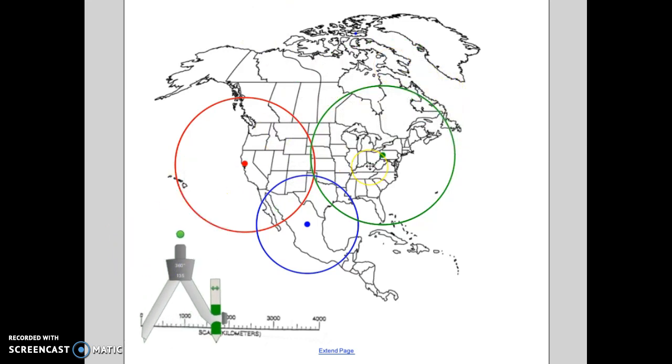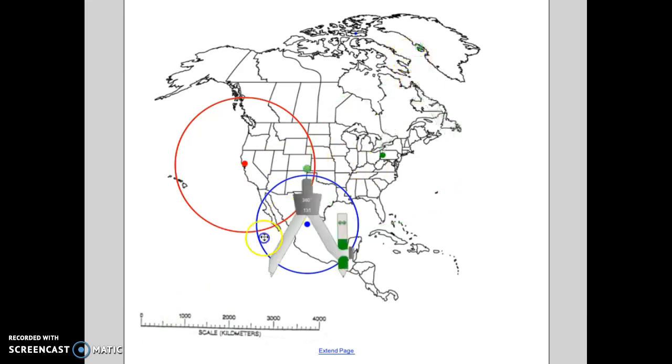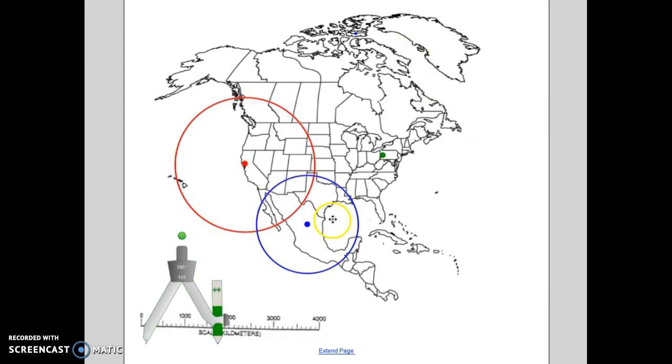So if I actually back up here for 1 second, if we look just here, if you just have 2 seismic stations, you now have been able to narrow it down to 2 locations. So what this means if you have 2 circles is we know that either the epicenter is here, where these 2 lines cross, or it's up here. This is why we need a 3rd